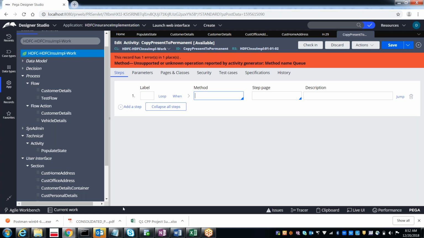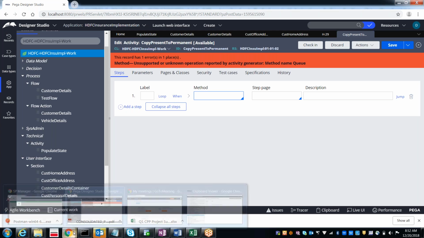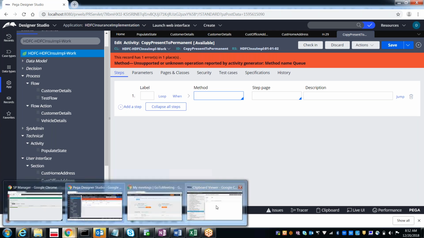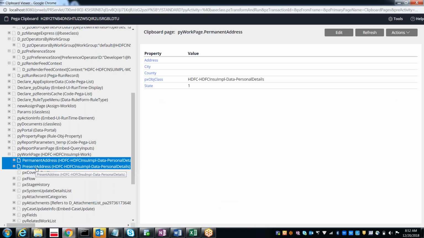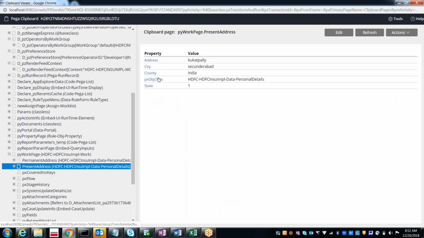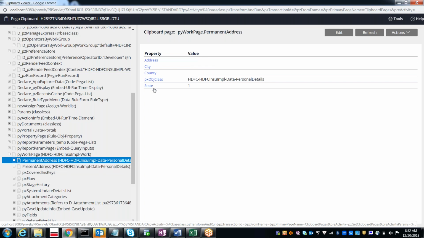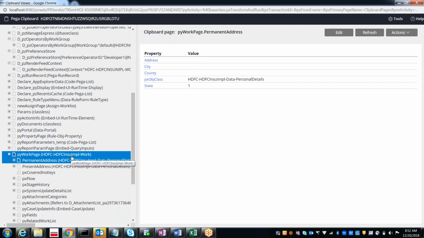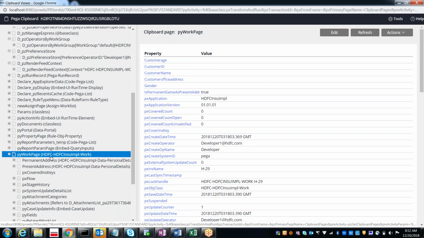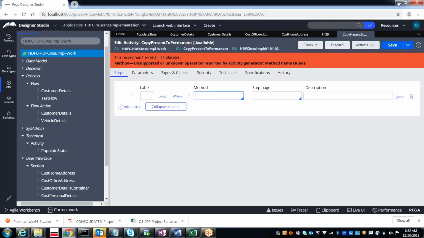From present address, in the PY work page, from present address, address city country state to permanent address, address city country state. So first of all we need to have access to the PY work page. Then you can do the processing.